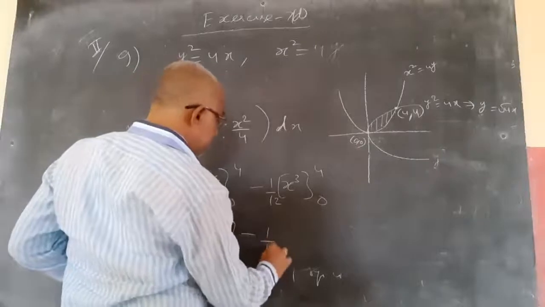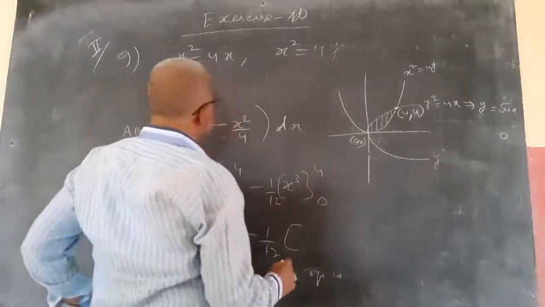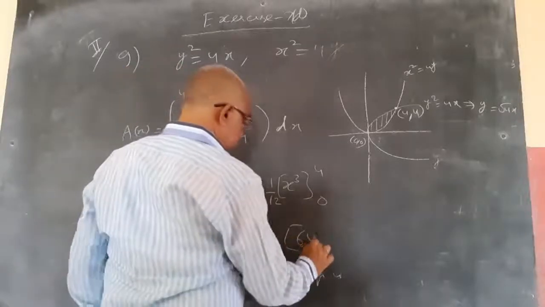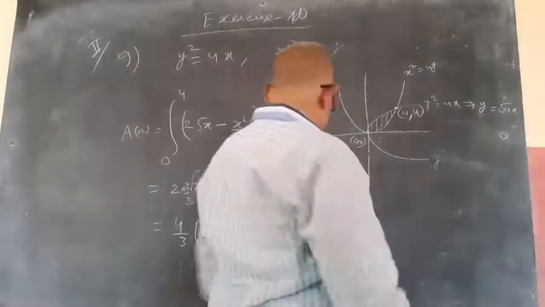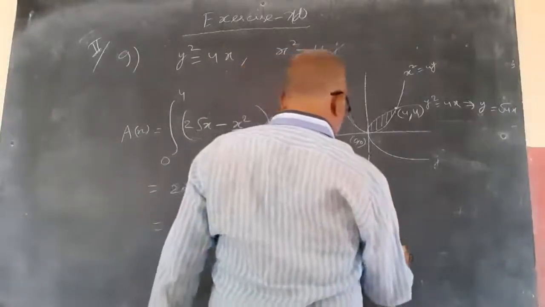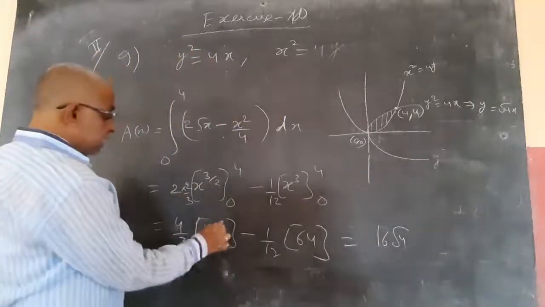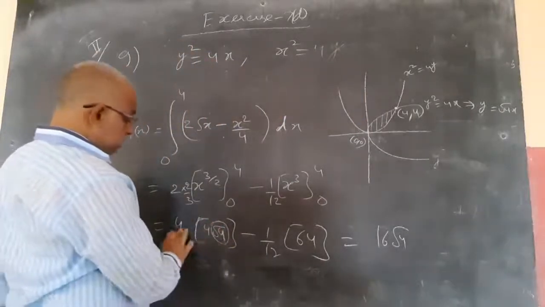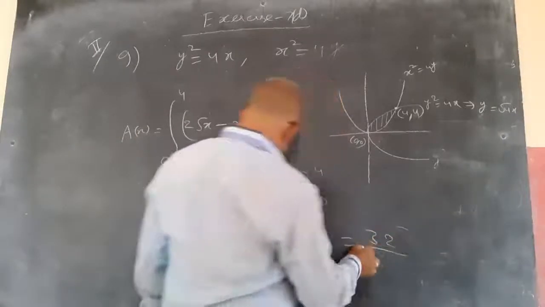Minus 1 by 12 into 4 cube, which is 64. So this is equal to 16 root 4 by 3, and root 4 I can write as 2 actually. So then 16 into 2, 32, so this is 32 by 3